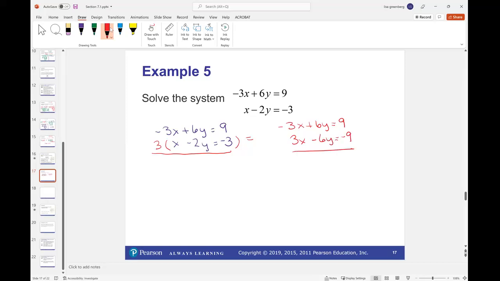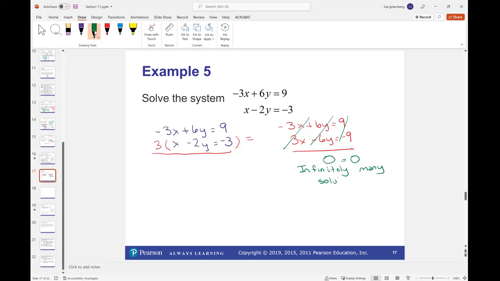Now notice this cancels. This is 0, this is 0, and this is 0. So what I get is 0 equals 0. So what does that mean? It means it's always true. This has infinitely many solutions. Infinitely, sorry, spelling wrong. Infinitely many